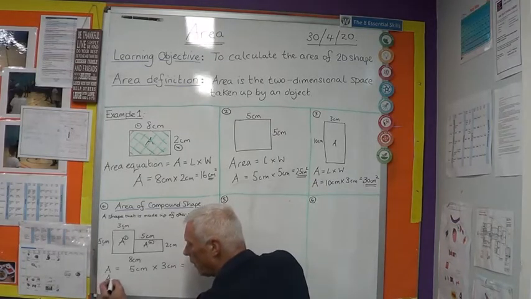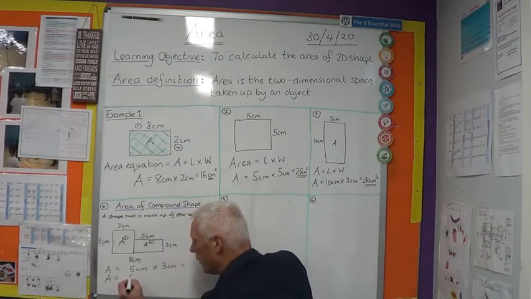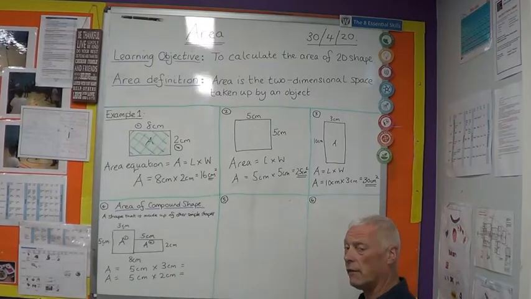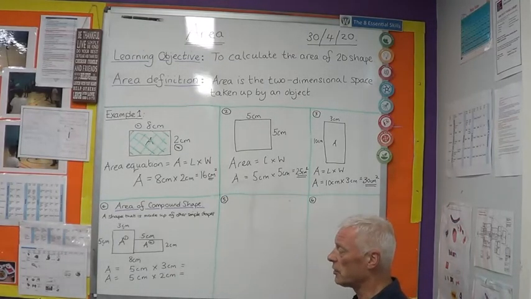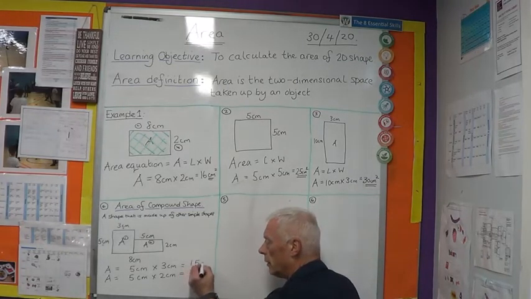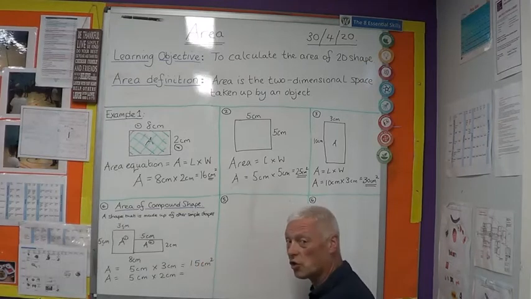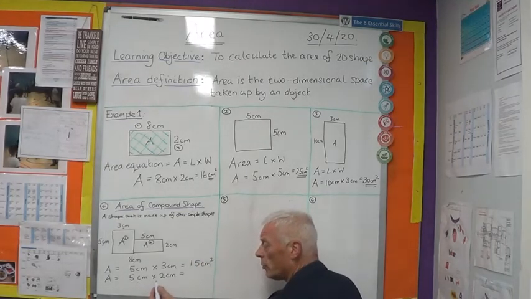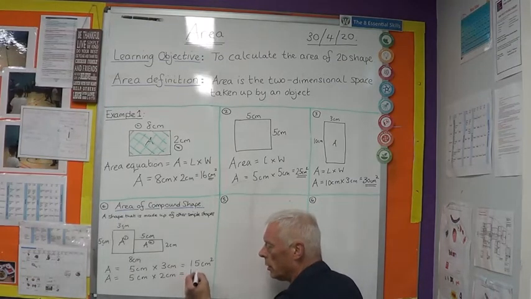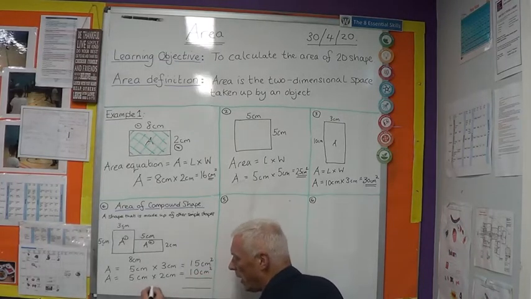So the area of 2 equals 5 centimetres times 2 centimetres. 5 times 3, I'll give you a few seconds. 15 centimetres squared. The bottom one, 5 times 2, a little bit more simple. 10 centimetres squared. And to be able to get the total